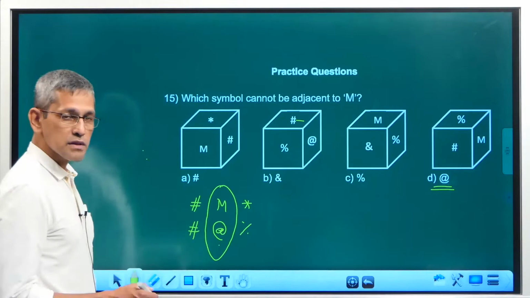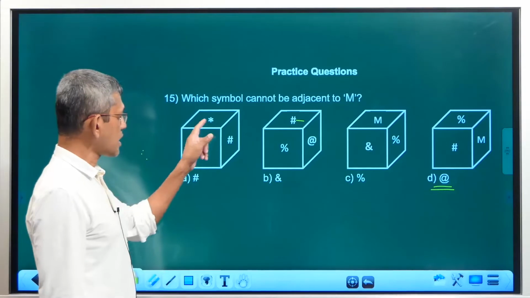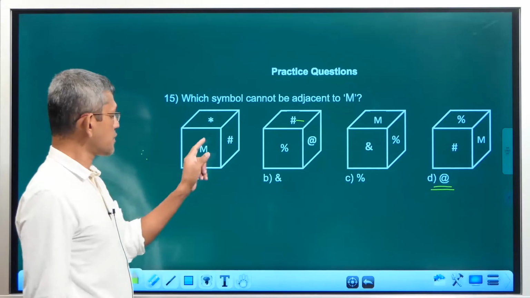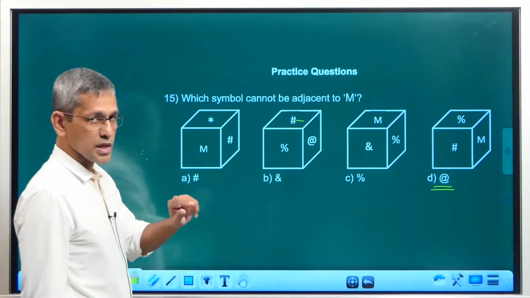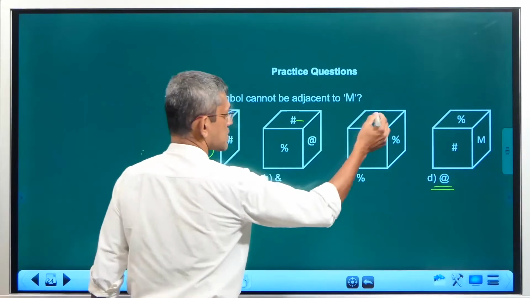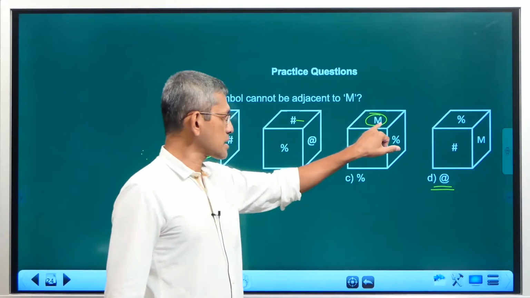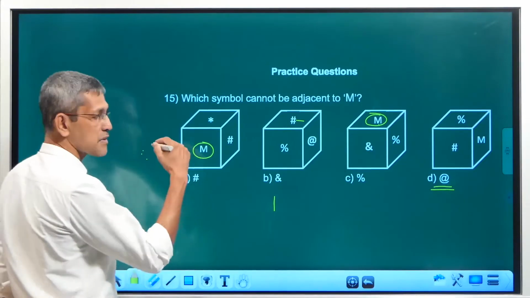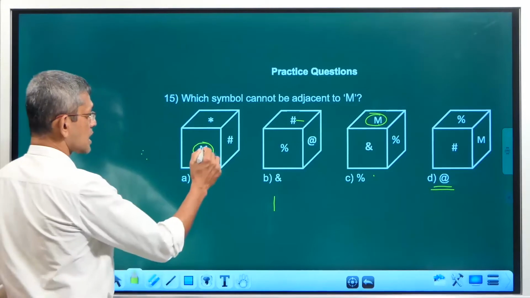Is there any other way of doing it? Let's take a look at it. Look at images number 1 and 3. These are the elements here in 1, and these are the elements in 3. We have M here, and we don't have percentage here. We don't have ampersand and the sign here. So the only common element is M. If the only common element is M, M doesn't appear at the exact same position, so what we have to do is apply rule number 4. Between image 1 and image 3, we apply rule number 4. What do you get? M